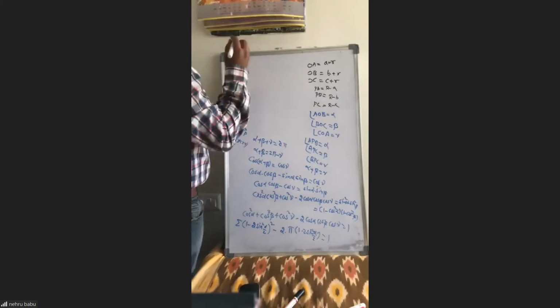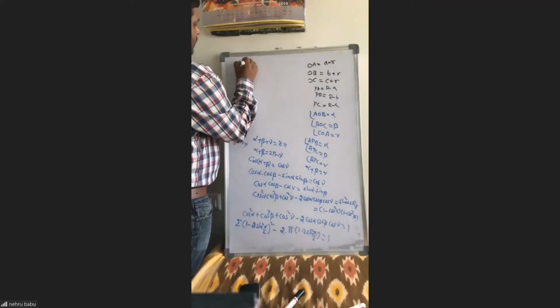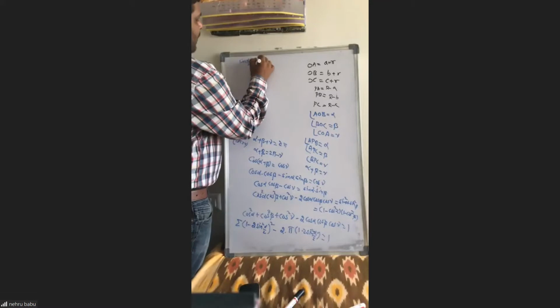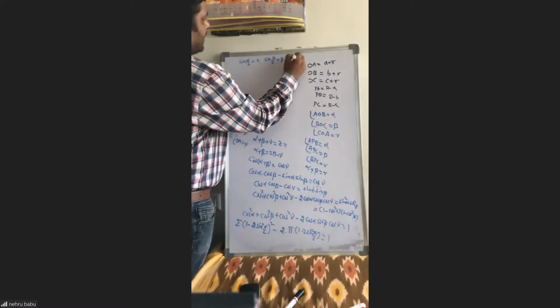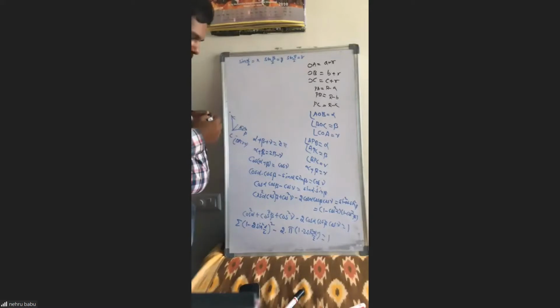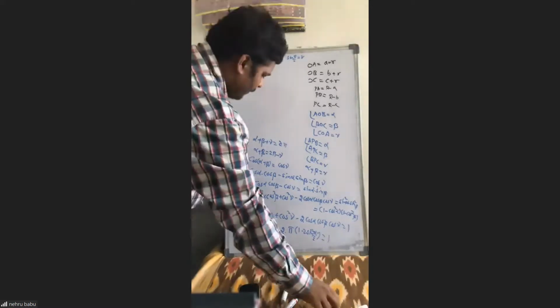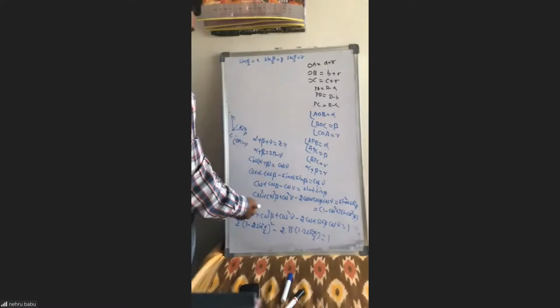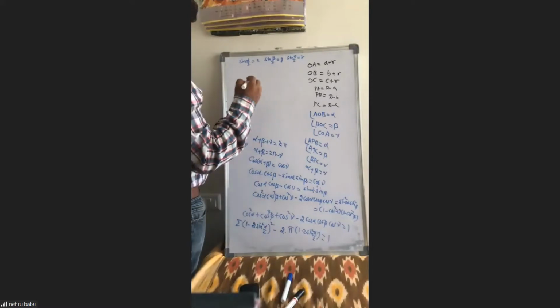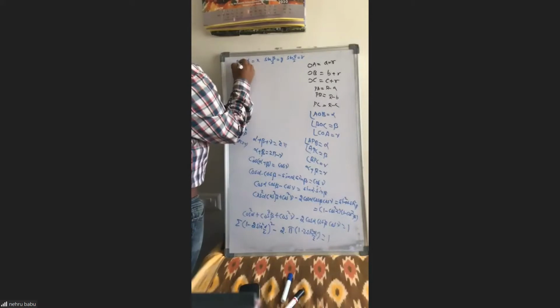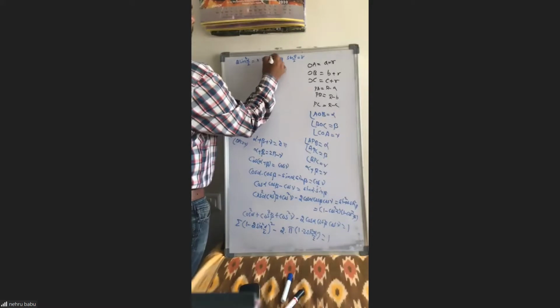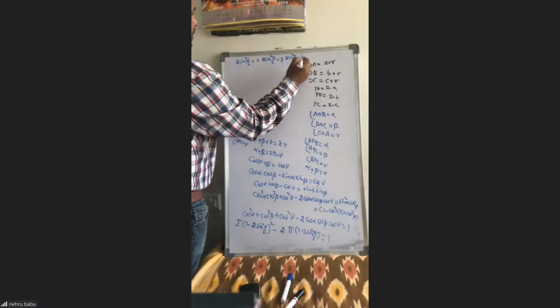So here what I am doing is, sin alpha by 2 assume as x, for example. Sin beta by 2 is y. Sin gamma by 2 assume as z. If you are doing like this, then cos square alpha is coming like 1 by. Assume 2 sin square alpha by 2 is x, 2 sin square beta by 2 is y, 2 sin square gamma by 2 is z.